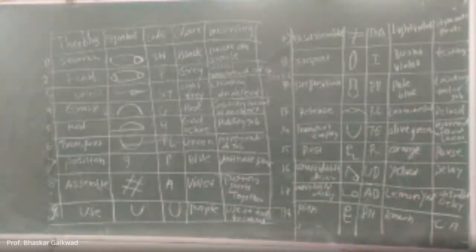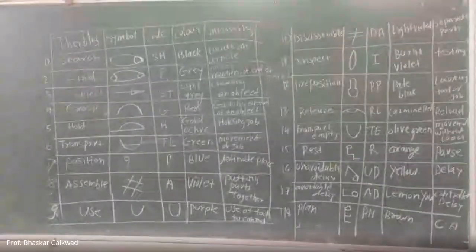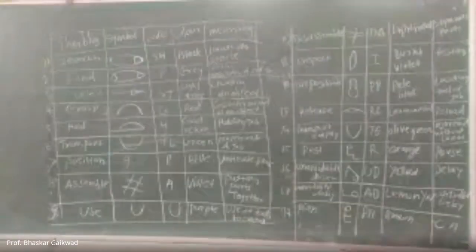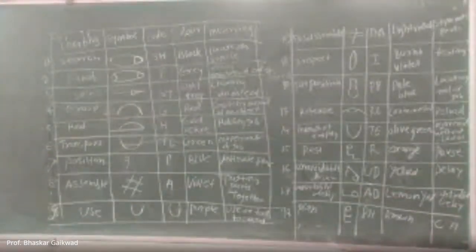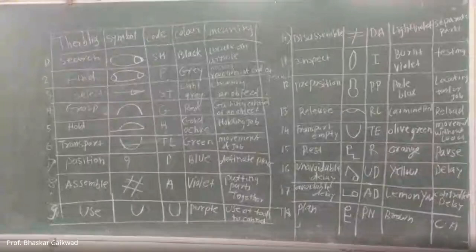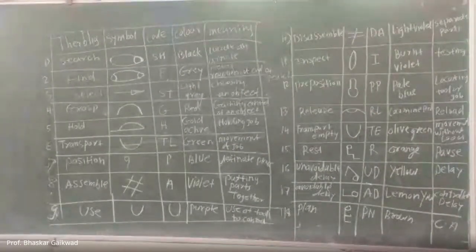Means in one place sitting, if any worker is sitting at one place and doing some work with both hands, in those situations we require micro motion study. And we have to plot it on the SIMO chart, a graphical representation of the motion, by using therbligs. So 18 therbligs we can use for the SIMO chart. Now we'll go to the next part. What is the SIMO chart, the simultaneous motion chart?